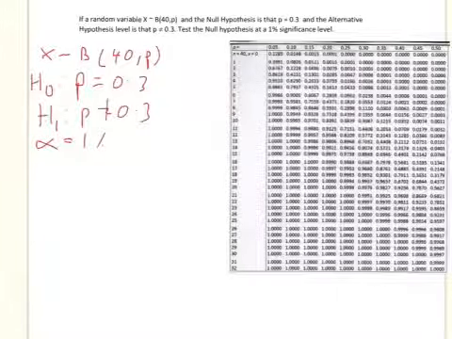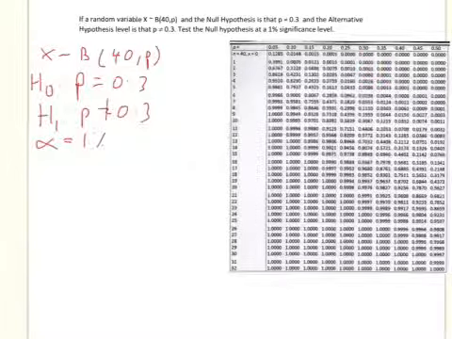Because what we're testing is p is not 0.3, it's a two-tailed test. So we're looking at halving that 1%, so that's 0.005. So we're looking in the p being 0.3 column, that's here. We've got 40, we've got 0.3. We're looking for 0.005. So we go down there, we can see that at